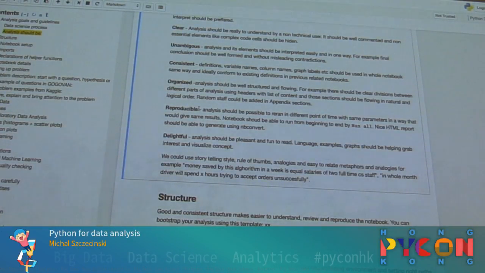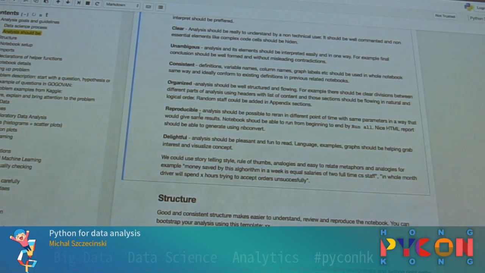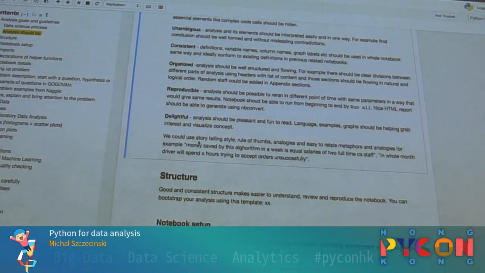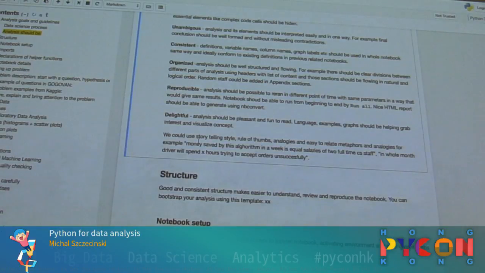We are not firing anyone from the data science team right now. However, it's still very important to have reproducible analysis, meaning that at any given point in time we can go back, run the analysis, and hopefully it should render the same results. Delightful. This is a bit additional, but when you can, I think it's good to have some small touches that